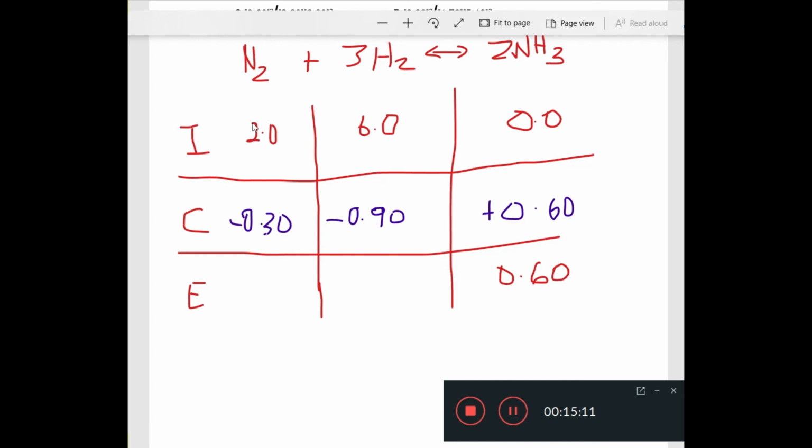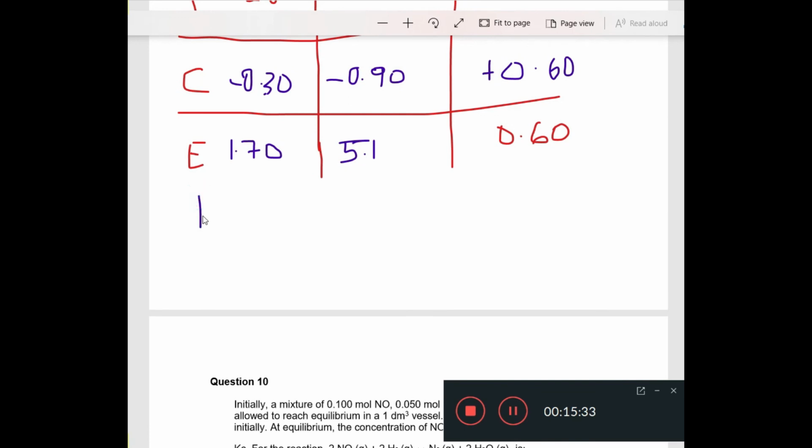We started with 2.0 mole of nitrogen, we lost 0.3, so we must be left with 1.7. And we started with 6 moles of hydrogen. We lost 0.9, so we are left with 5.1. And so if we can just write our equilibrium expression for the Haber process, the product, which is ammonia